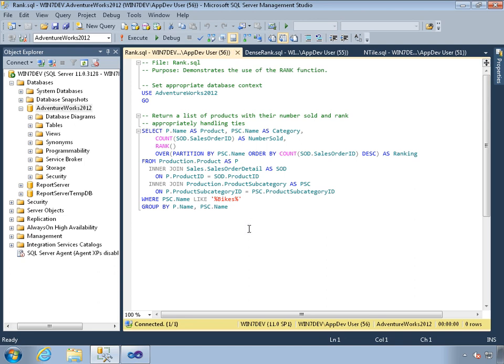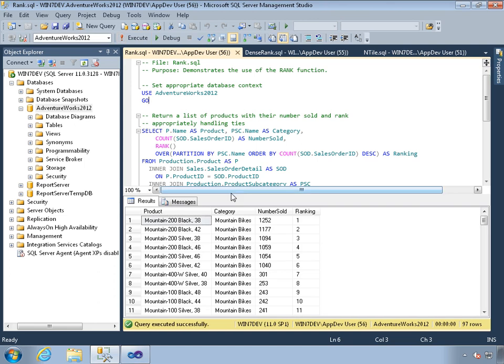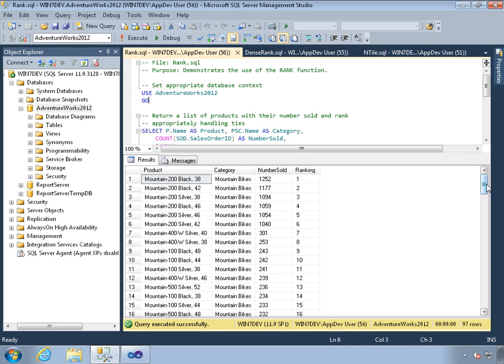Because the rank function has the ability to deal with ties, and it has the same syntax. So here you can see that we are partitioning by our subcategory, and we are ordering in a descending fashion based on the popularity of the product. And so if we execute this, let me just move this up here a little bit for you, and we come down and we start looking for those ties again,